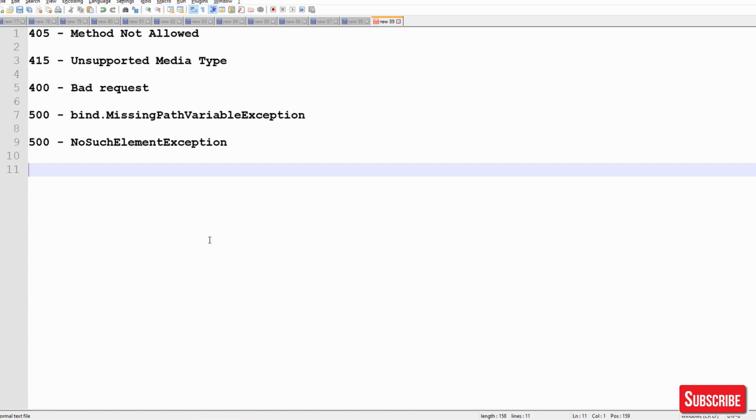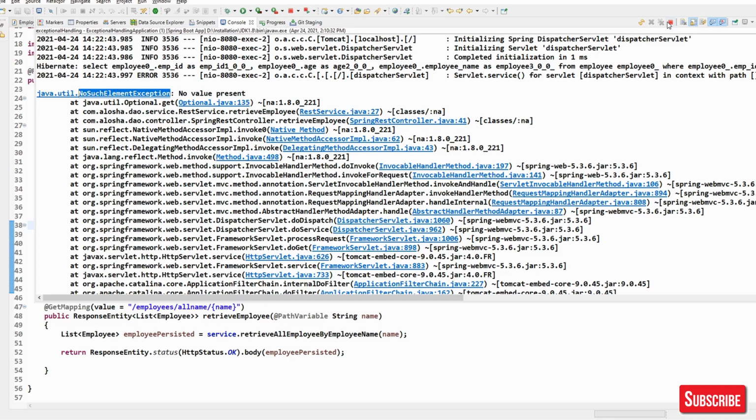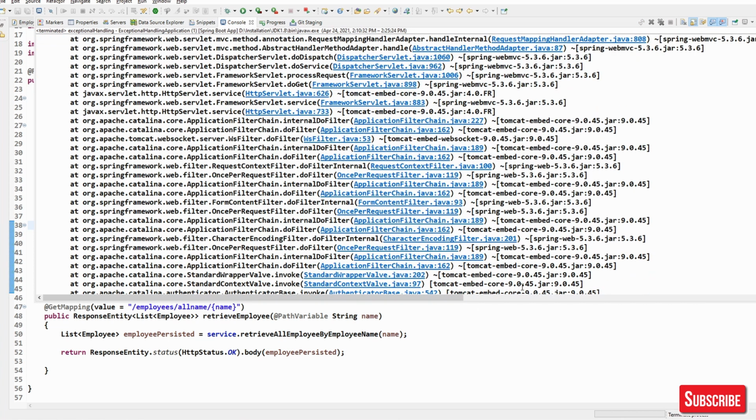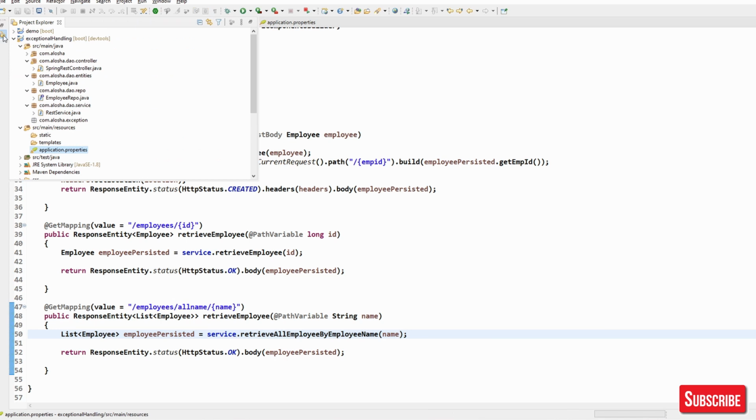So now we will go with custom exception handling, where I'm going to define my own universal global exception handler class, which will be a central exception handler for my complete application. That's what I'm going to try. So I'll just stop my application, and then I'll go for a custom exception class.